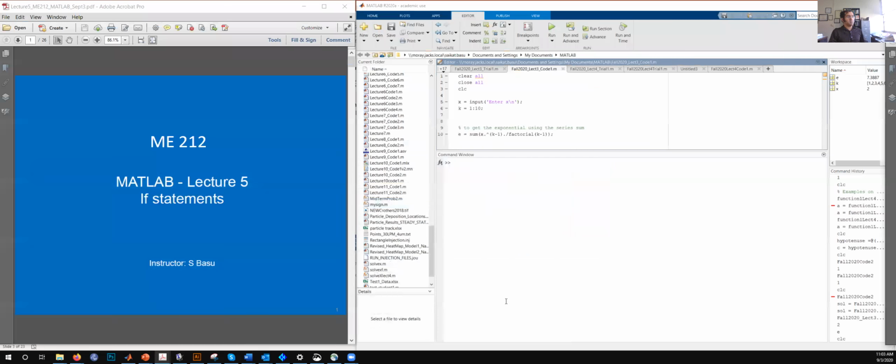Okay, so let's move into the main lecture. So where do we stand now? In terms of the overall syllabus, we have done basic calculations on MATLAB. We have done vector operations. And in the last class, we first learned how to write script files, and then we learned how to write function files. Both are the main subtypes of any kind of MATLAB code. So now we know how to code on MATLAB, relatively simpler codes.